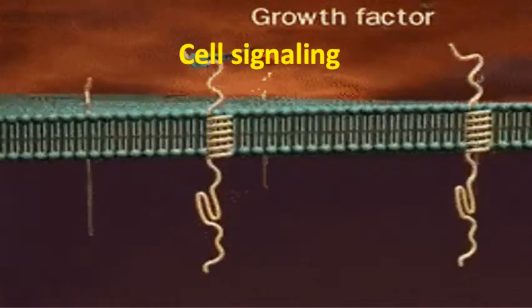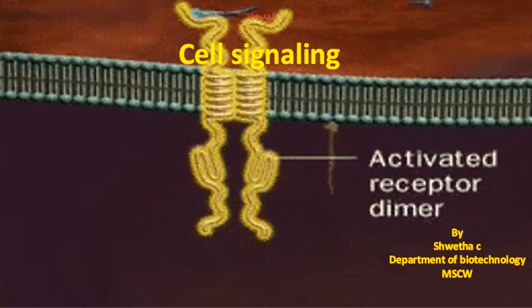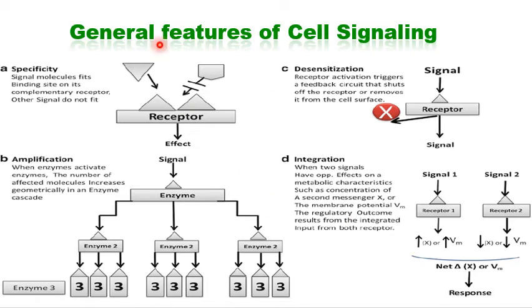We'll continue our studies on cell signaling. We'll look into the general features of cell signaling. Here you can see that the first one is specificity, which means that it is very specific in binding